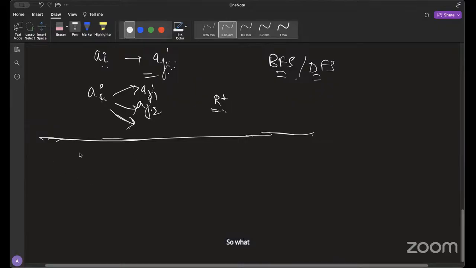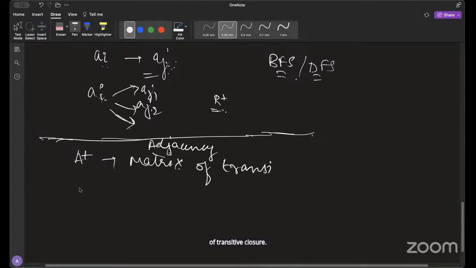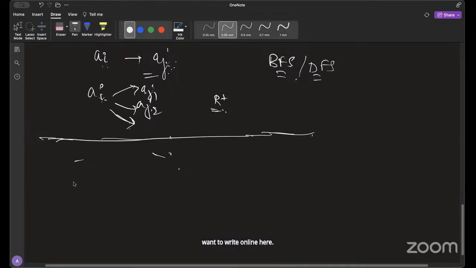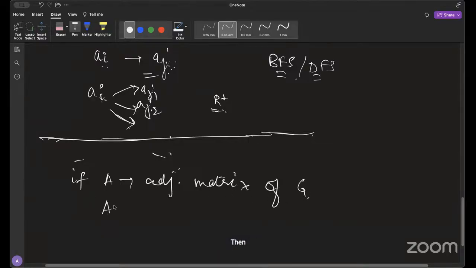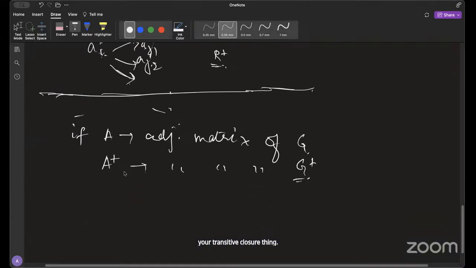So A plus is the matrix associated to the transitive closure. If the adjacency matrix of, say, a graph G is A, then A plus you denote as the adjacency matrix of your transitive closure. So we'll discuss how you find A plus, but before that,